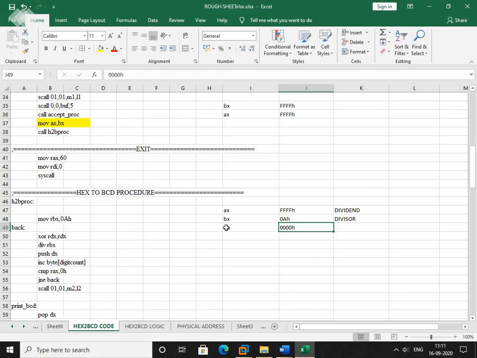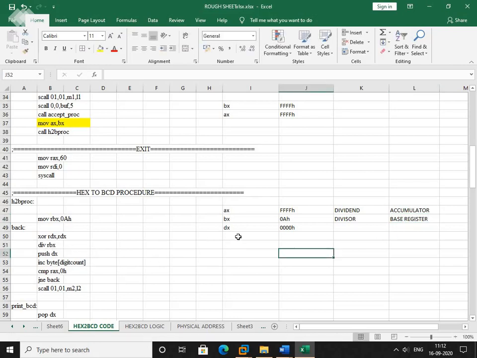Okay, next. You can take here RDX also, doesn't matter. We will take DX, right? Next, DIV RBX. So whenever a division instruction is written, it will be having only a single operand, and that operand will be a divisor. The another operand is present in the accumulator, right? So this AX is accumulator, and BX is present in base register. That means divisor is present in base register, right?